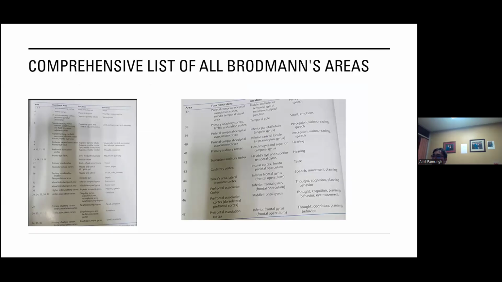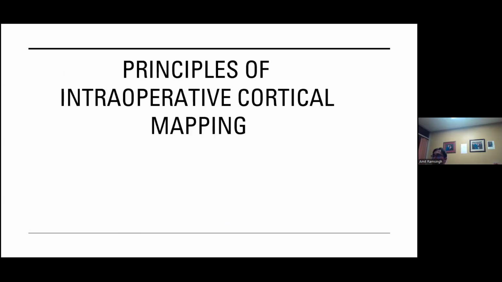These are just two pictures from the CETAW that basically give an overview of the main different functional Brodmann areas there, which could be read at your leisure, but it basically summarizes all the different Brodmann areas. Now, we have completed the functional cortical anatomy, and we delve more into the basic principles of